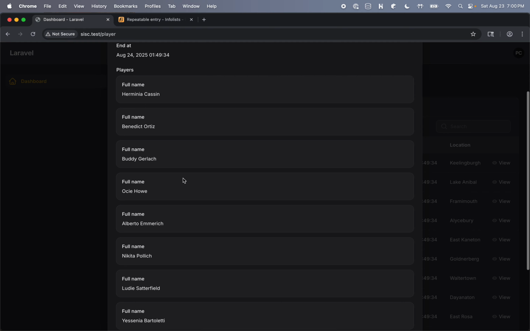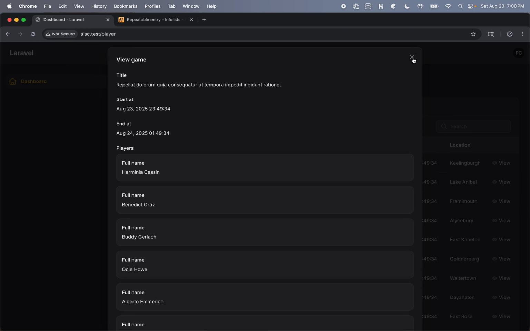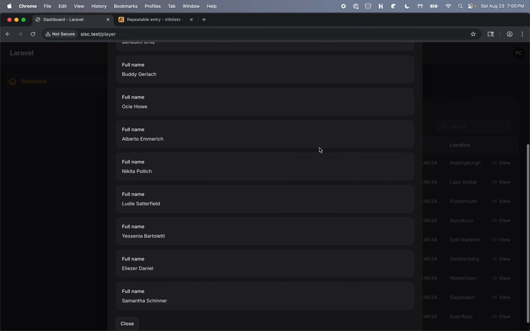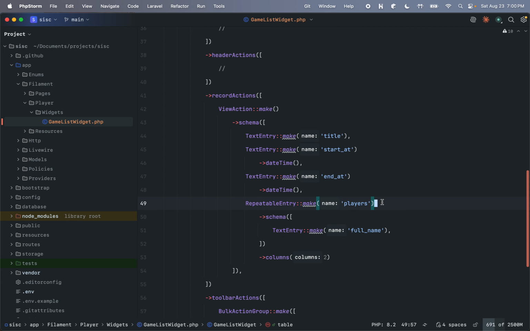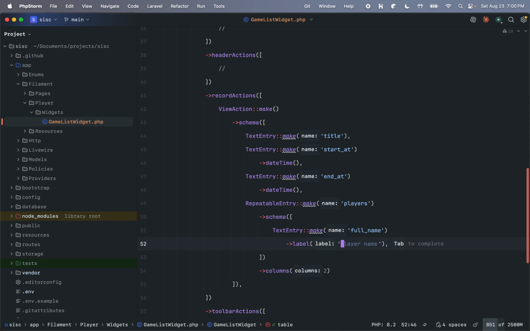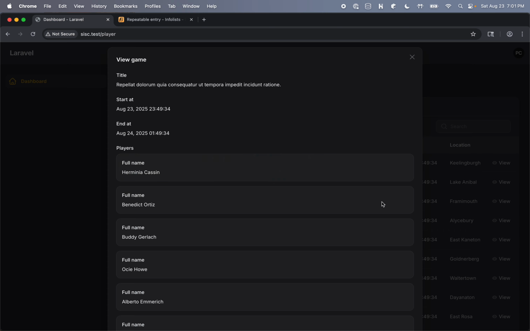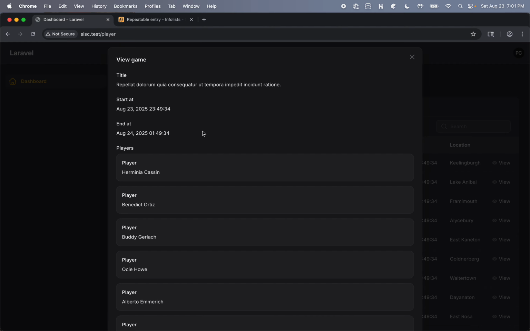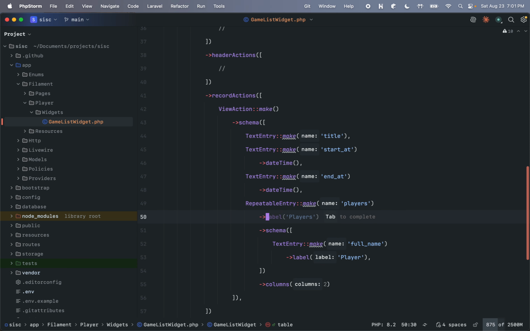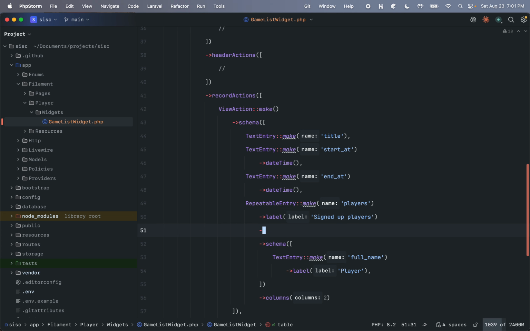So here's a list of all the players that have signed up. I know this doesn't look good, but that's not the intention that we are coming with. We are simply keeping it as simple as possible, and then you just add a label, say player, and here we can call this label signed up players. We can also do columns